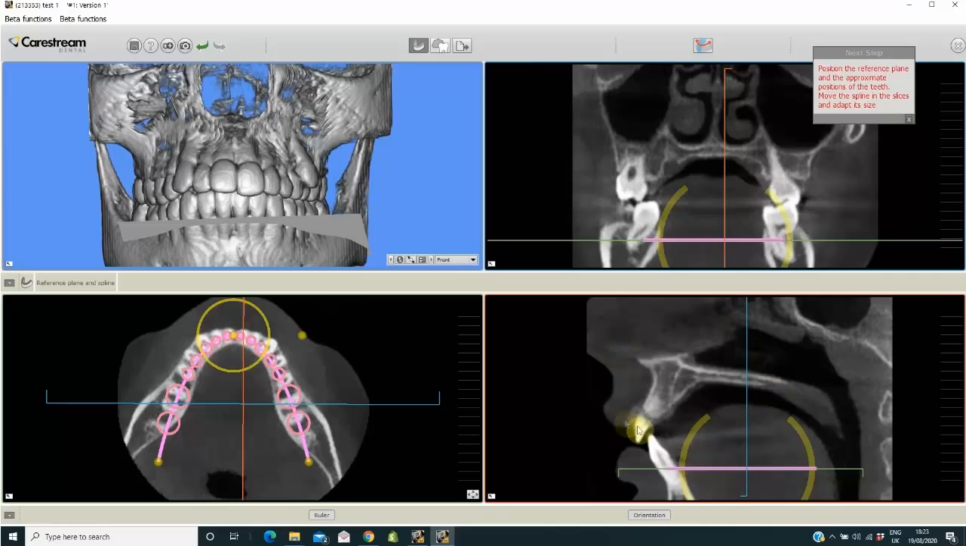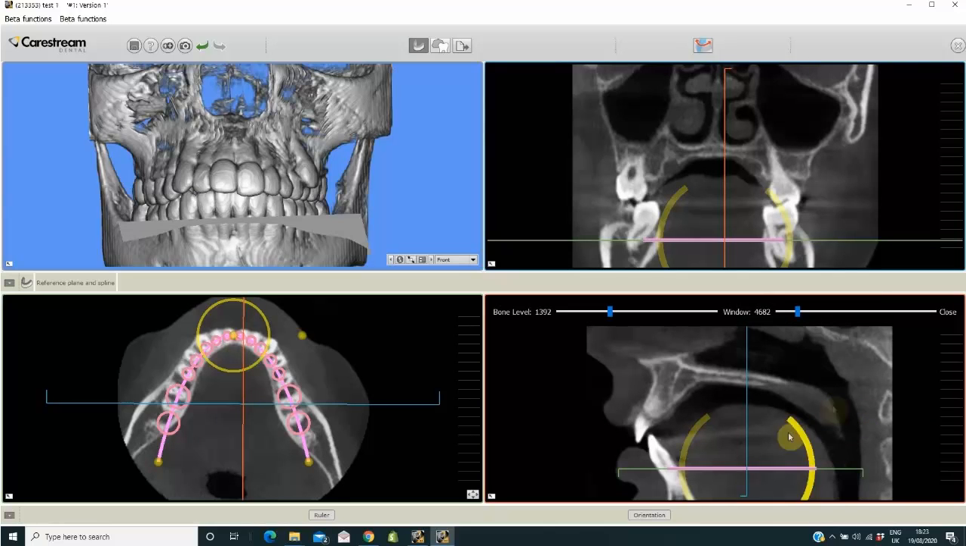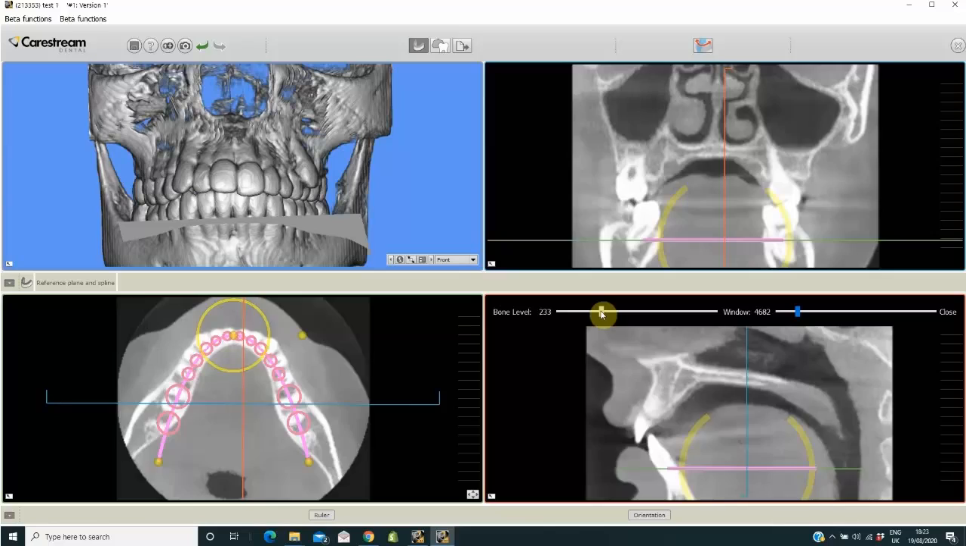You may need to change the contrast of the CBCT. To do this, right-click and the bone level slider is displayed. Move the slider bar to change the contrast and the density of your CBCT scan. You can also hold your right mouse button and move the mouse up and down or left and right to